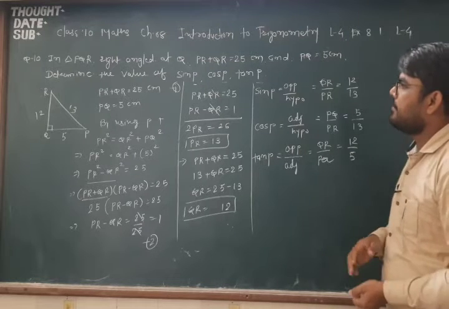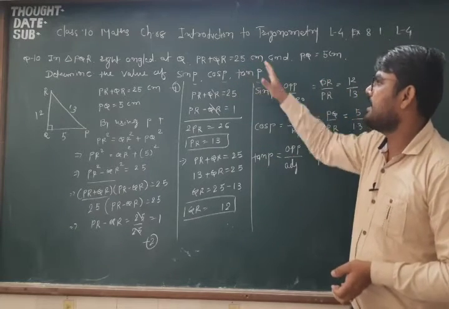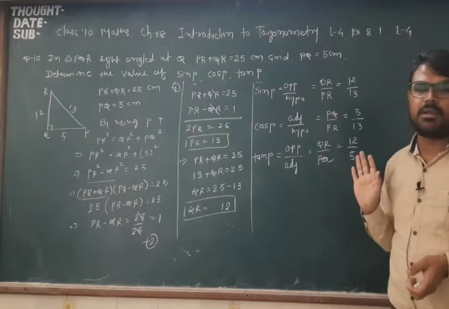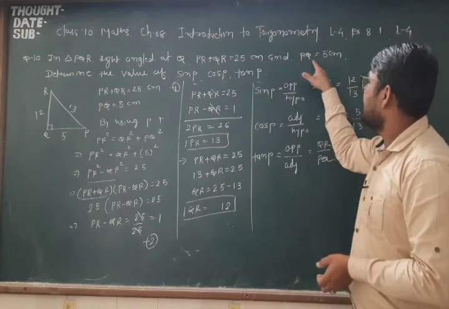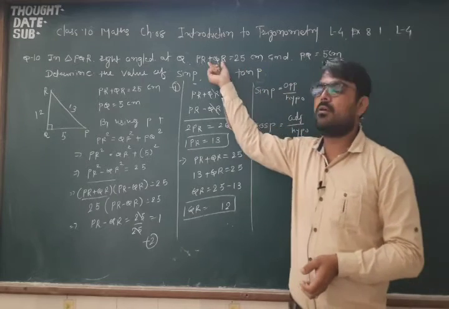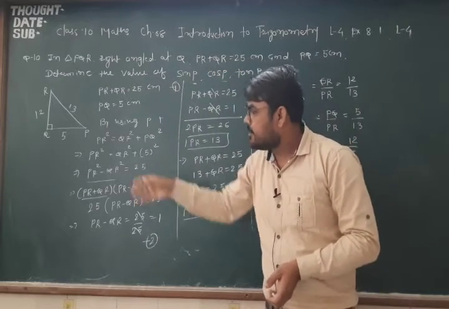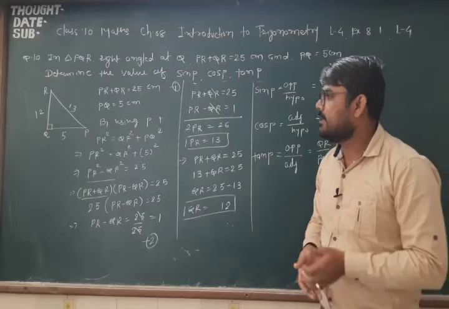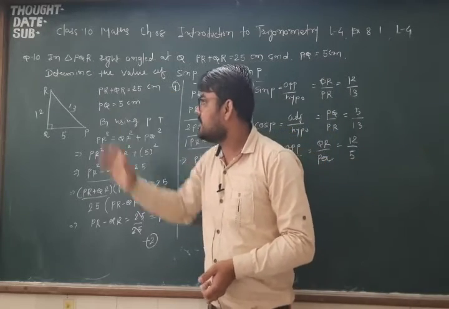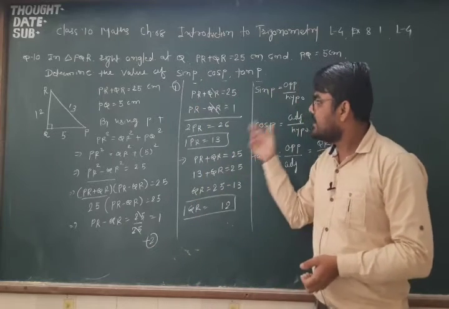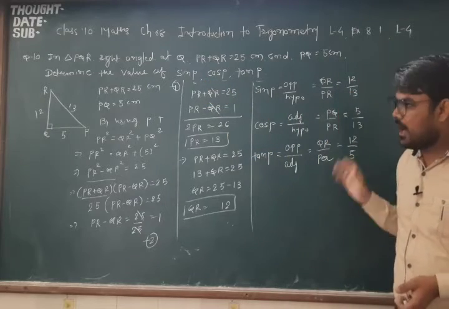So friends, look at here. We are asked to find the trigonometric ratios like sin P, cos P and tan P, and here we got all the trigonometric ratios. But friends, what was the difference in this example? Here one of the sides of the triangle was given and one condition was also given to us. But how to use it in a right angle triangle? That was the thing to understand. So in this way we will find all the sides of the right angle triangle, and then we are going to find the trigonometric ratios sin P, cos P and tan P. Okay, I hope you got it.